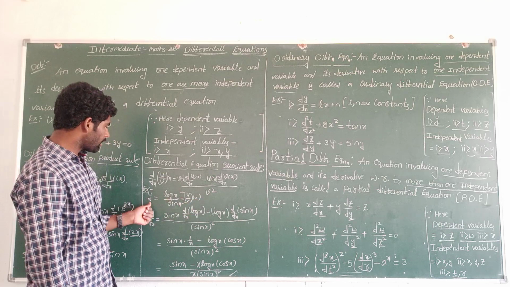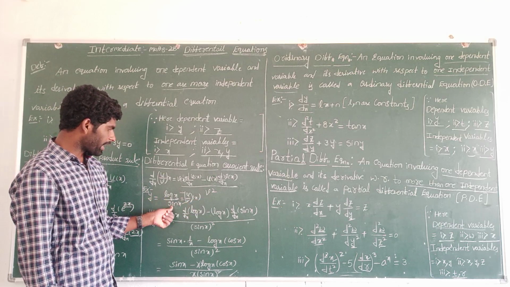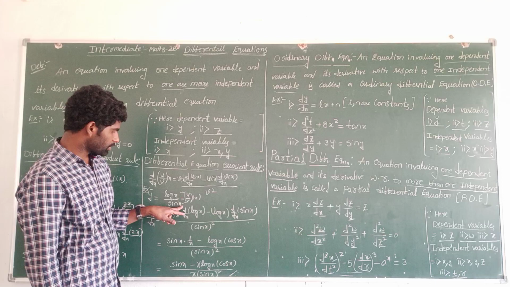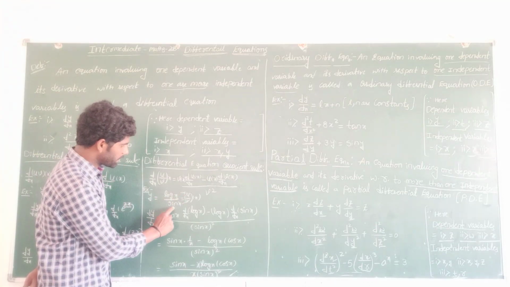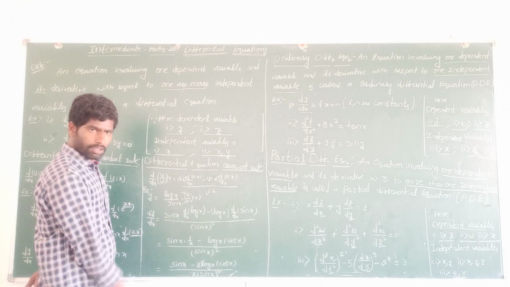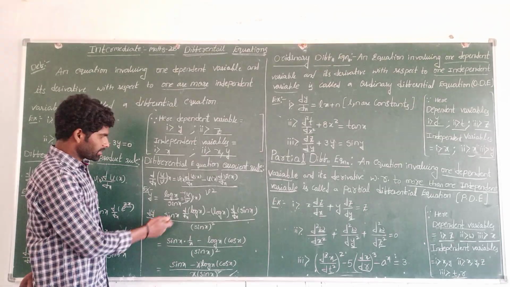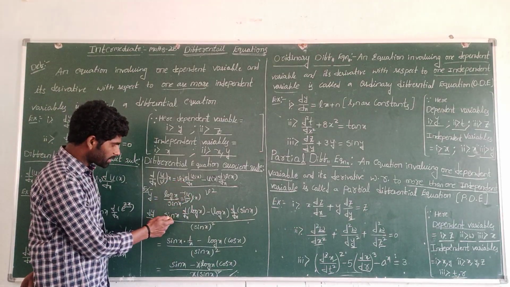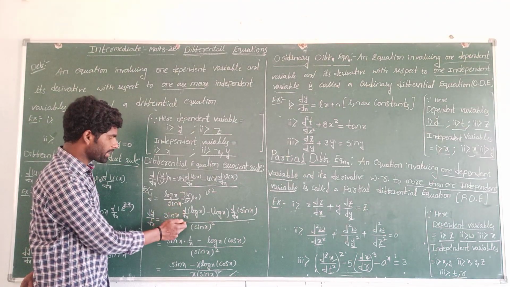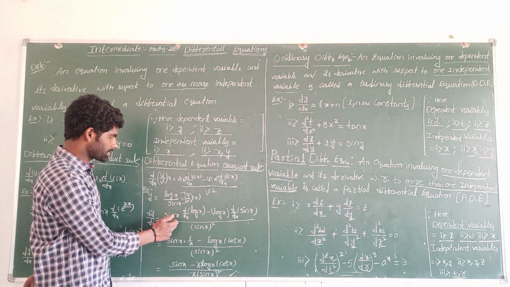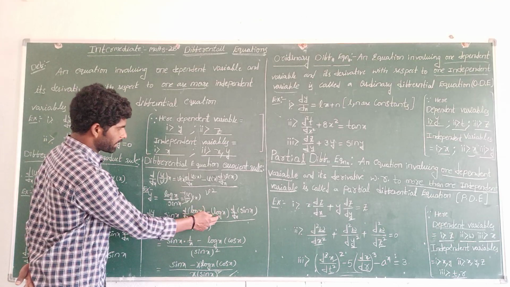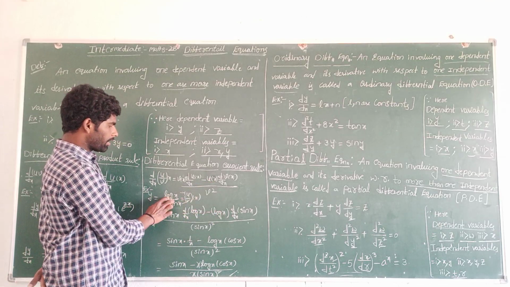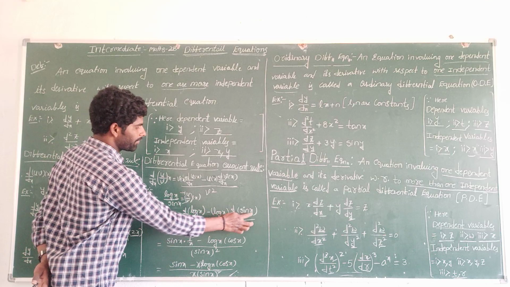I take an example, y equals log x by sin x. Here log x is u and sin x is v. For dy by dx, first keep v, sin x, as a constant: sin x into d by dx of log x, minus, second, keeping u of x, log x, as a constant, d by dx of sin x.